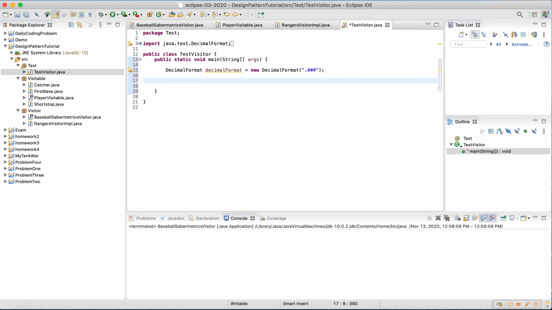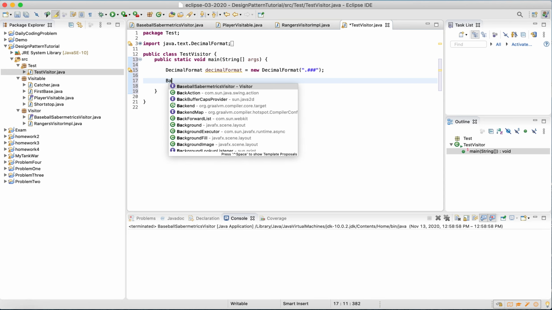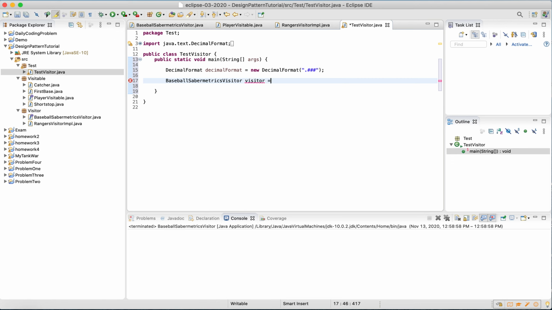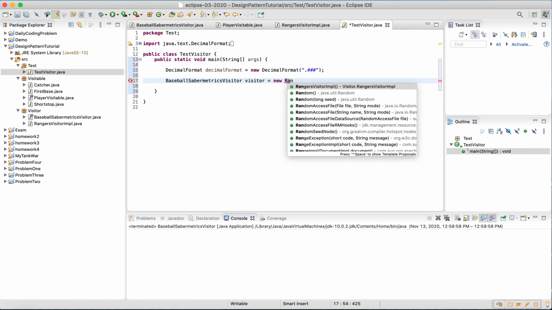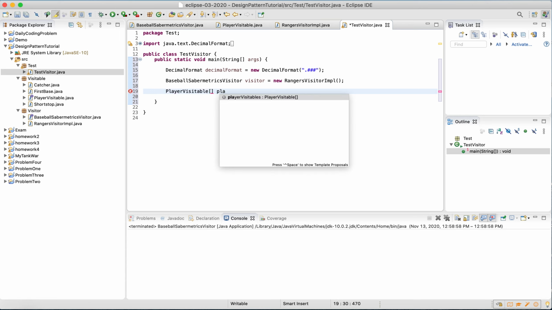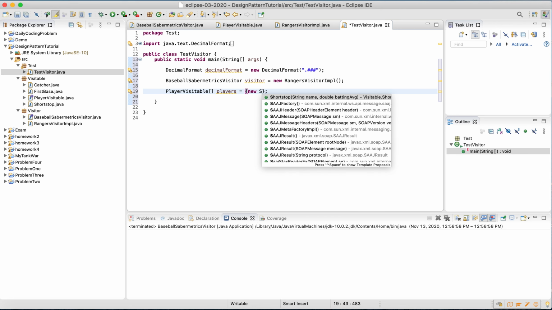All right, now let's create a reference to our visitor object. So we'll just call it visitor. And we're using the Rangers implementation. Okay, next what we'll do is we'll create an array, and this will represent our baseball player object. So for that, we create an array for our interfaces, and we'll just call this players. And we'll define a little array here. So let's pass in a shortstop